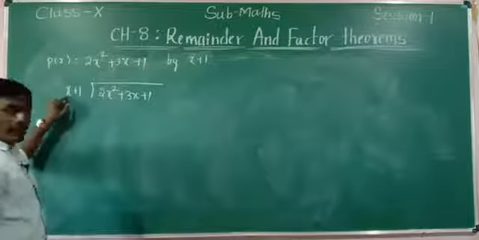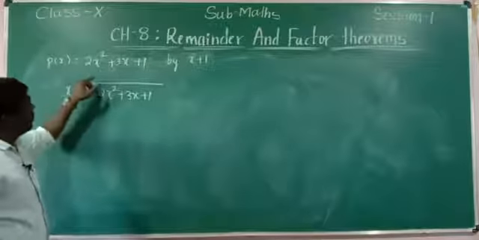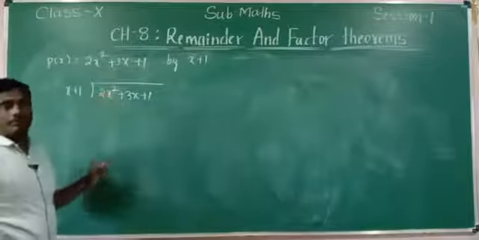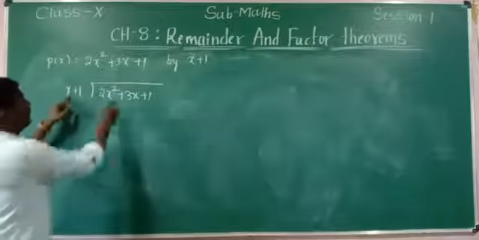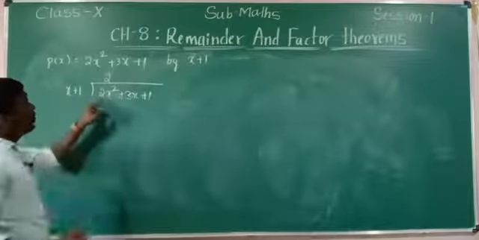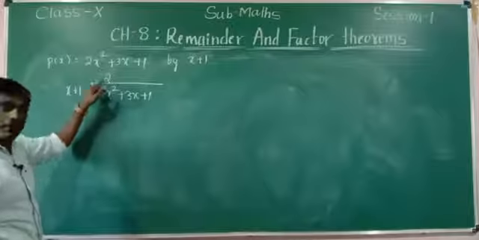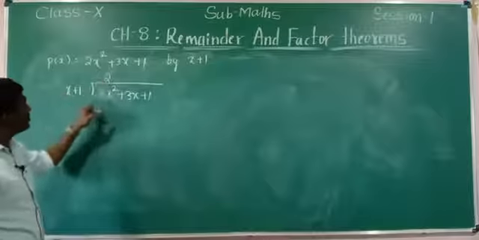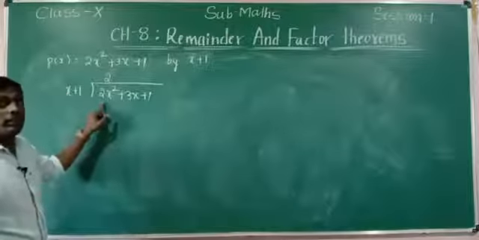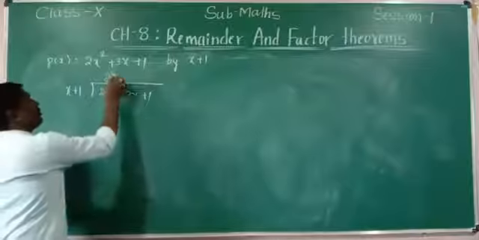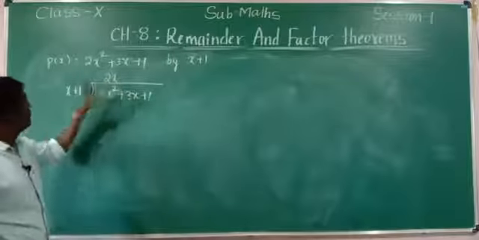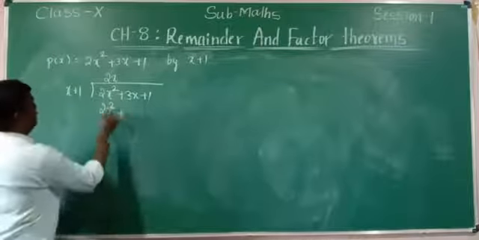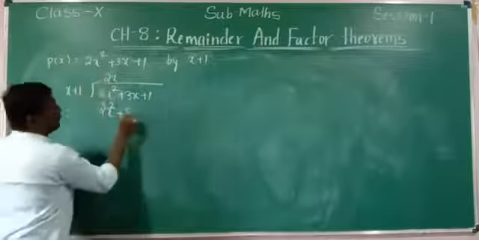So here x is there. Now what do you multiply to cancel the first term? X is already there. So 2 is the coefficient of x square. We need to multiply here 2. If I multiply only 2, then 2 into x is 2x, so the first term cannot get cancelled. Now take one more variable x. 2x into x is 2x square, plus 2x into 1 is 2x.